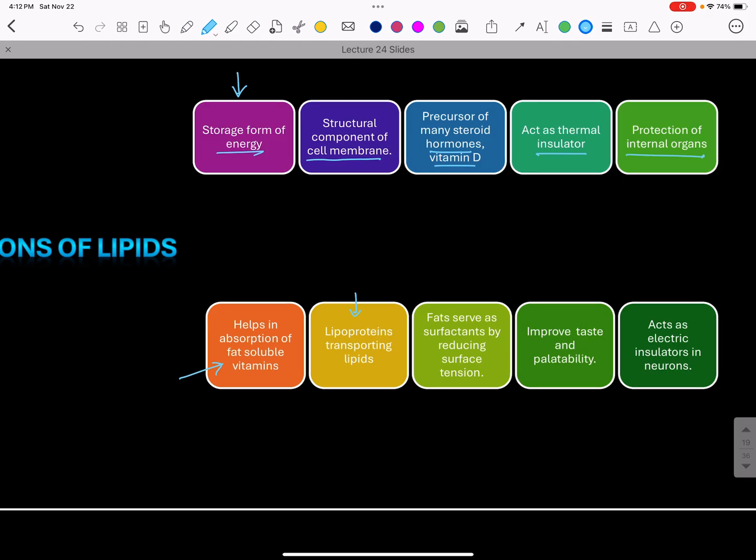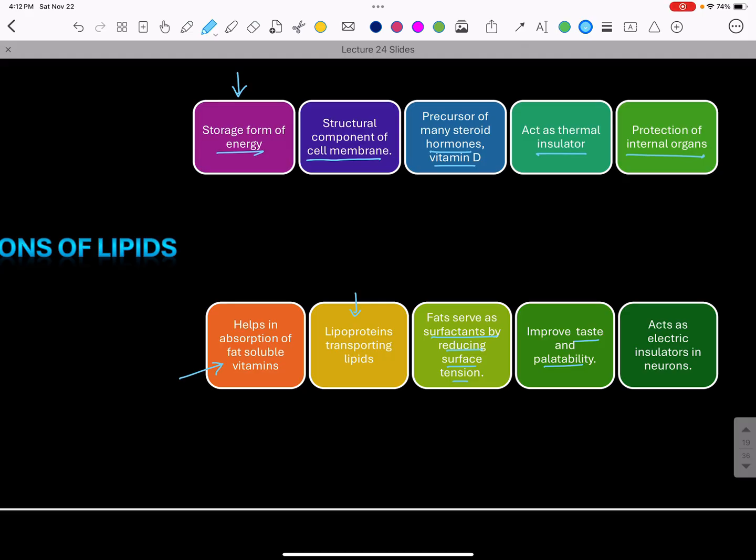And they serve as surfactants, whereby they reduce surface tension, especially cholesterol or these molecules, they can form sort of amphipathic, meaning it can have some amount of polarity on one end and predominantly non-polar part on the other end that can act as a surfactant that will reduce. We have these surfactants in our lungs, which is why the lungs don't collapse on itself. They improve taste and palatability. Many a time, this is the reason why fatty foods are going to be more tasty, because they help in the